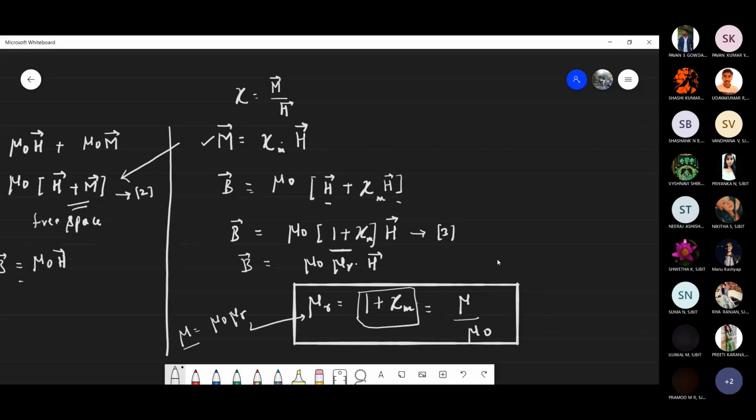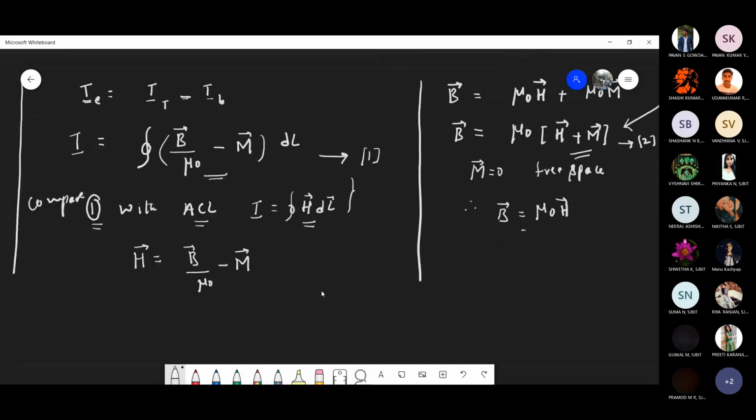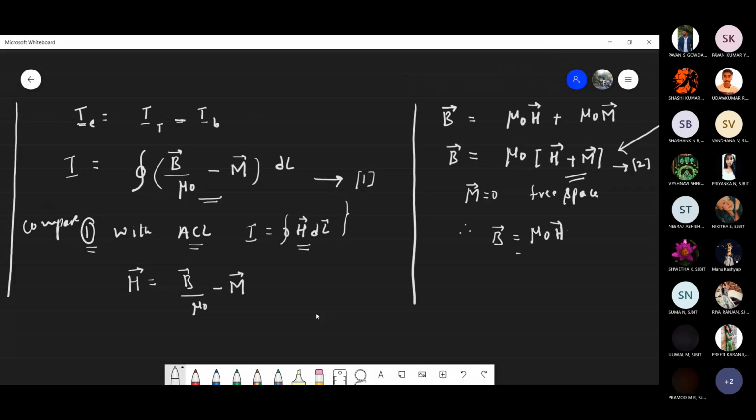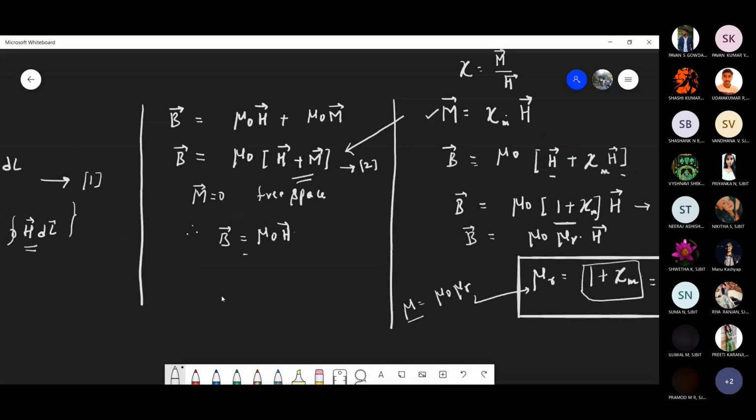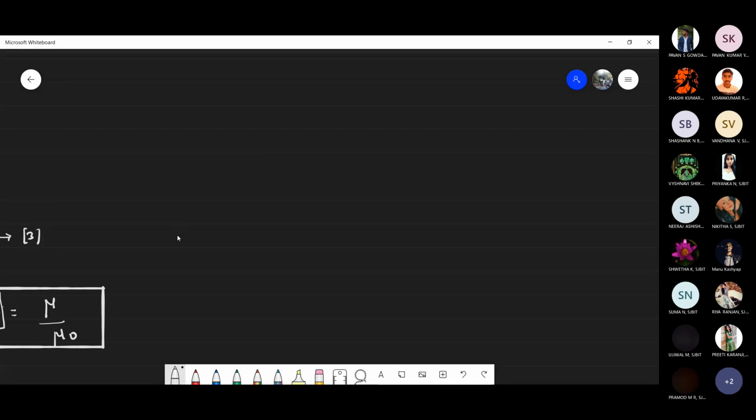Have you noted this down? Yes, sir. Okay, fine. So now very recently I obtained an equation here somewhere. This is I_E is equal to minus I_T. Hope you remember this equation, equation 1. I just need to draw some curl concepts here. So let us conclude this set of equations. I can write I_B, that is bound current I_B, is equal to